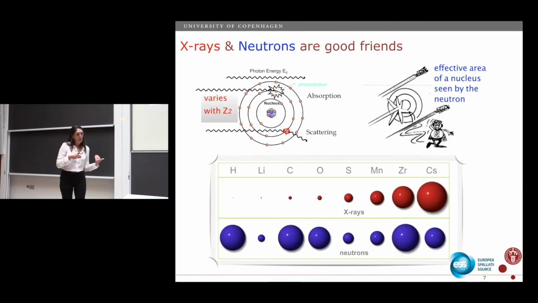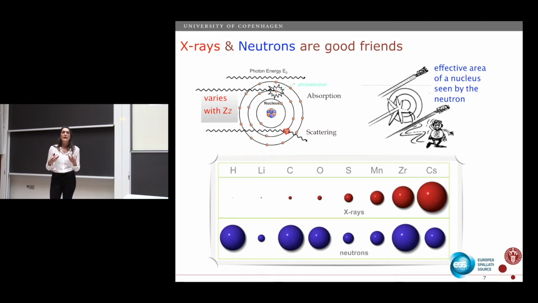And then if you ask me, okay, what is the difference between X-rays and neutrons? With X-rays, you have an interaction that will vary with the electronic shells. So if you have something that is very heavy, with a lot of electrons, I will have a lot of intensity. If I have hydrogen in my sample, I have a problem because I don't have a lot of electrons, okay? With neutrons, this interaction is different because it's an interaction with the nuclei.